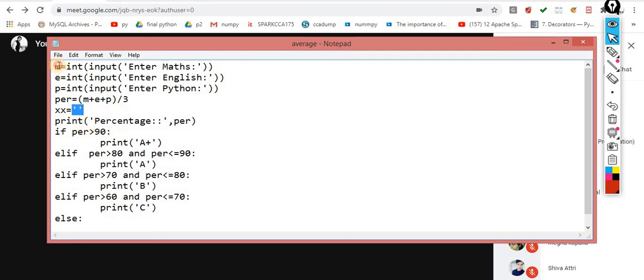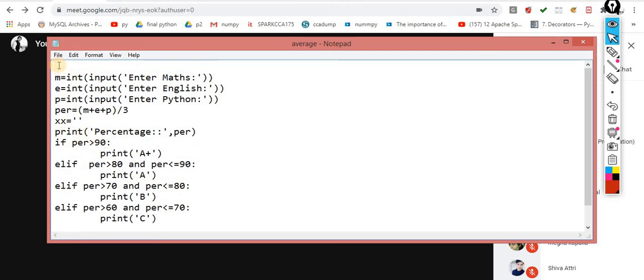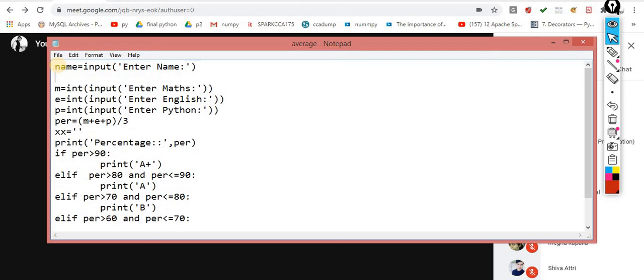So here I am asking name. Name is equal to input of enter name. Perfect. Here I am asking roll number, so I'm copying it with Control C and Control V. Enter roll number.